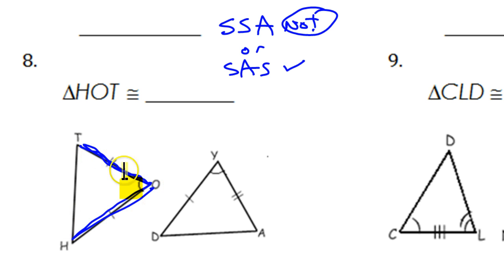Is it the angle that's formed by these two sides? Yes. So that makes this side-angle-side. So for example, if they had given us this angle out here instead, that would be none. Anyway, the congruency statement,